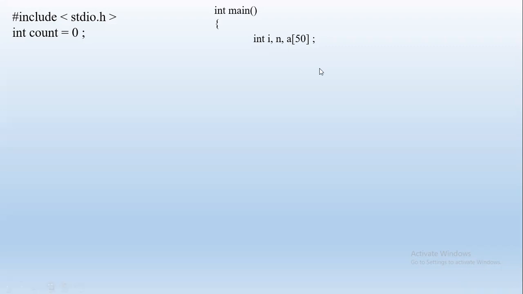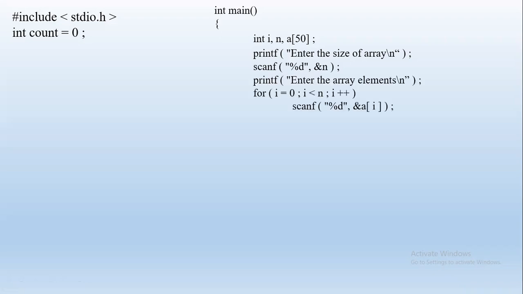So we need to know first what N is, right? How many elements are there? For example, we give only 3. So 3 elements. For tracing it becomes easier, so I have taken 3. Now we enter the array elements. Like we just saw, if we enter 3, 4, 5, okay, 3 elements, that is stored in A of 0, A of 1 and A of 2.